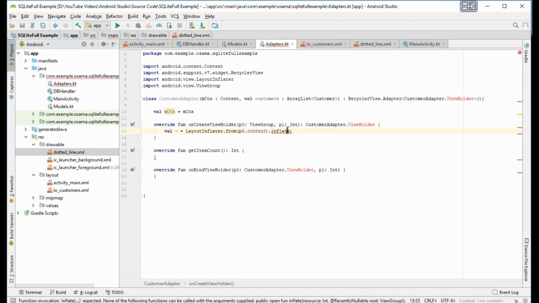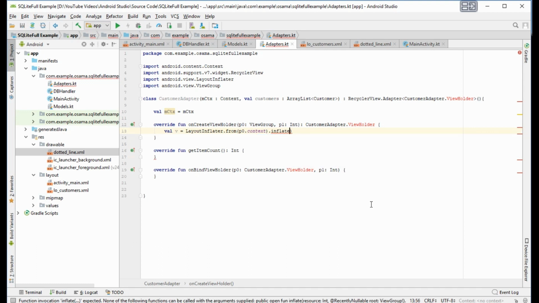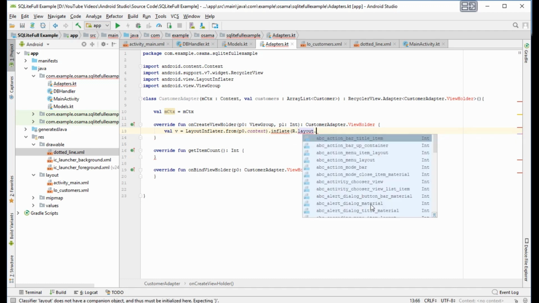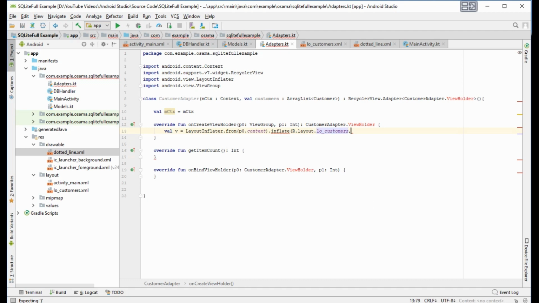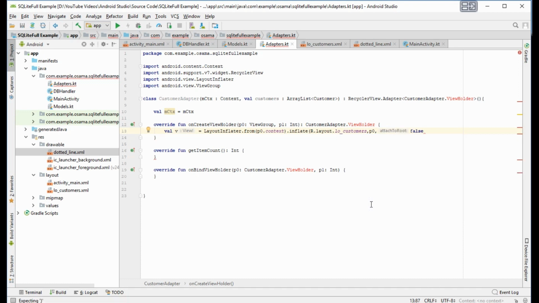Now in the adapter we will inflate, as we said before, we will inflate the R dot layout dot layout customers, comma p0, comma false.